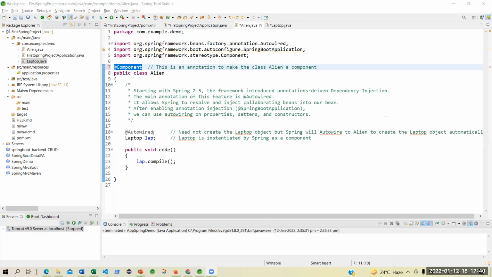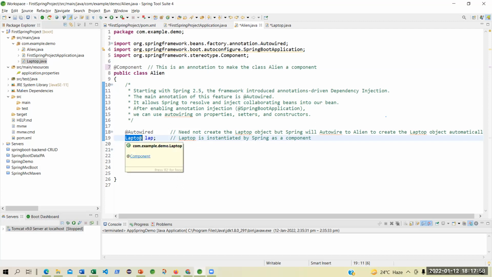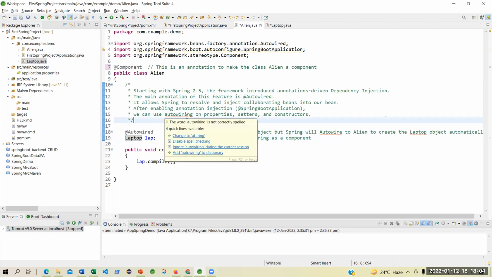Weaving means injecting. I'm injecting this component into this component because I am dependent on this component. Unless I inject this component into myself, I will not be allowed to use the services.